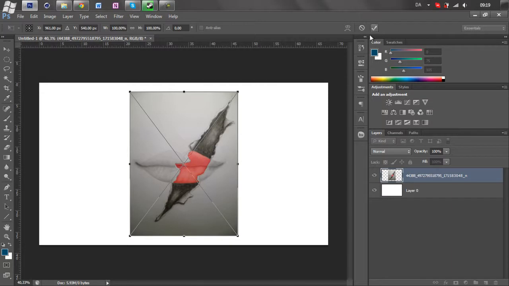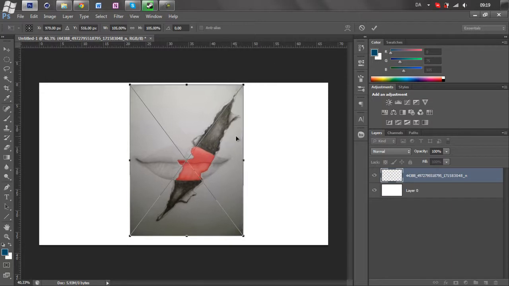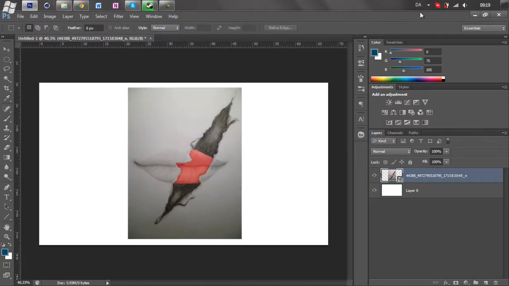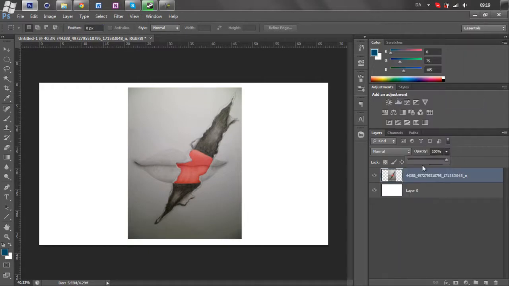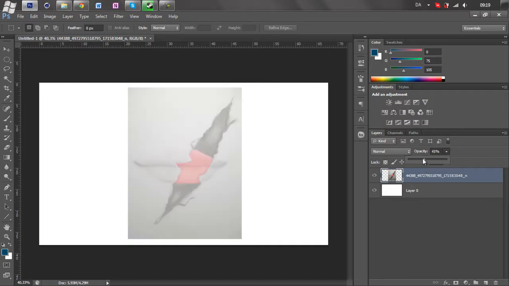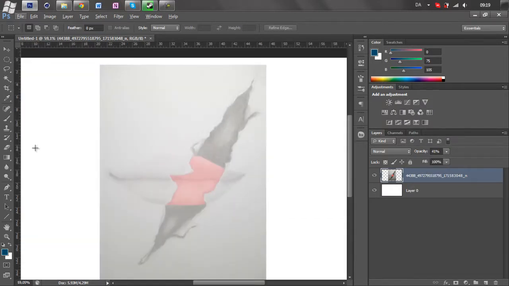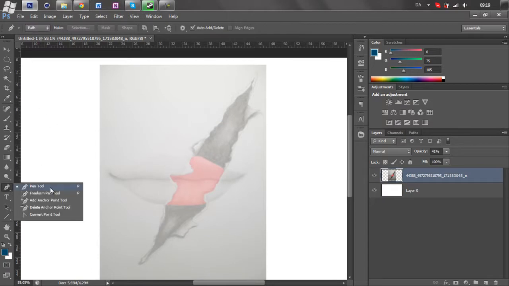So I'm just gonna import this like this. And I just turn the opacity down so I can still see the lines that I draw. The pen tool is down here, or you can just press P on your keyboard.